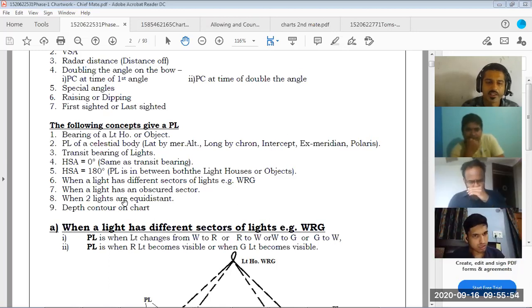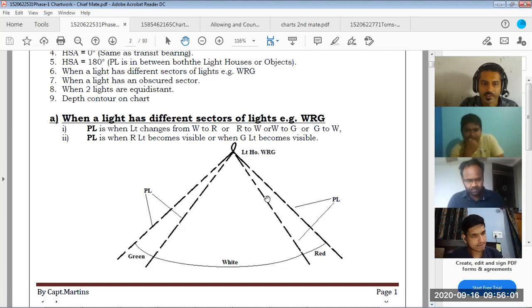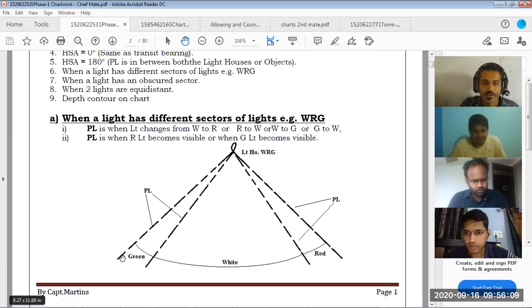Then, when a light has different sectors, like you can see in this example. So this light has different sectors. This is the green sector, this is the white sector, and this is the red sector. So when the ship is coming from here, the moment the light changes from not visible and you see the green color, you can obtain 1 PL.